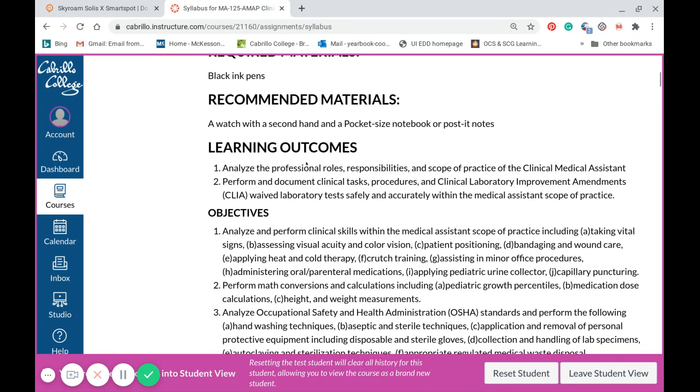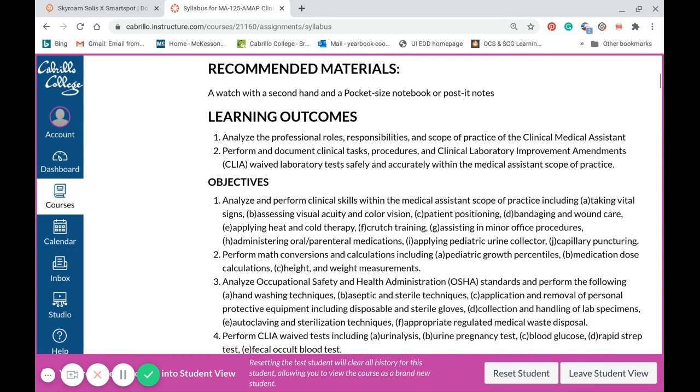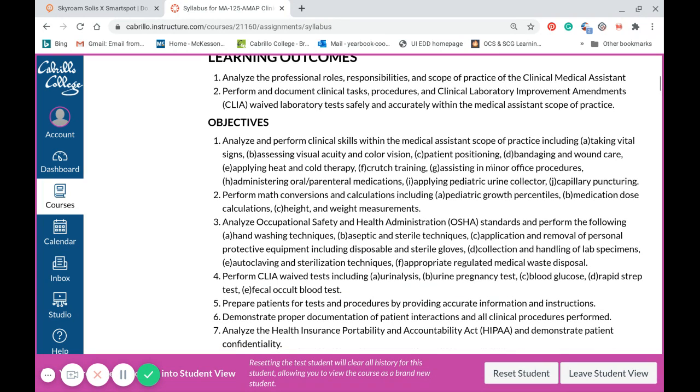Our learning outcomes are to analyze the professional roles and responsibilities and scope of practice of the clinical medical assistant. And we're going to perform and document clinical tasks, procedures, and CLIA-waived lab tests safely and accurately within the scope of practice for a medical assistant. All right, so how are we going to do that? We're going to be taking vital signs, assessing visual acuity, color vision, patient positioning, bandaging and wound care, applying heat